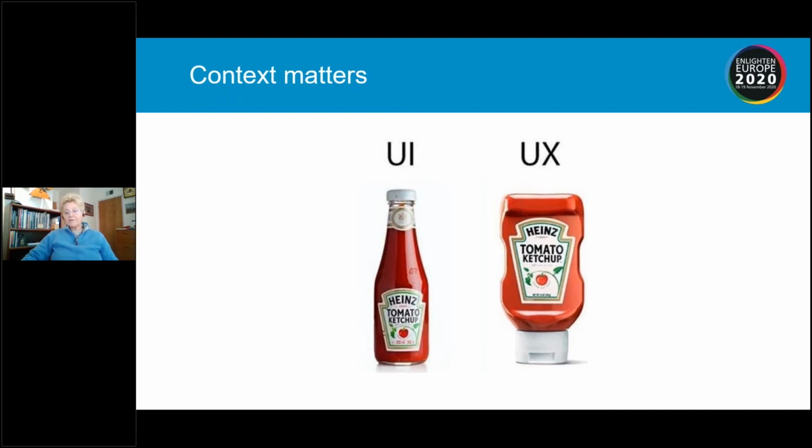But in other contexts, like a picnic or maybe even at home, users preferred the plastic bottle. So you see, there really is a difference between the experience of using these two bottles, even though the product inside them is exactly the same.